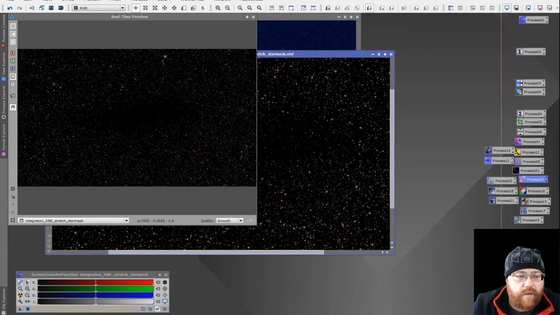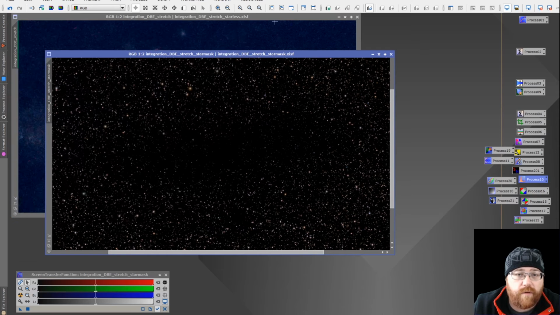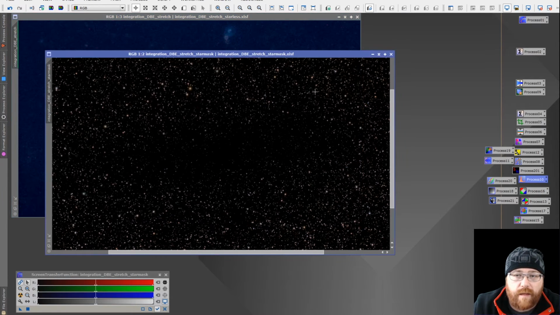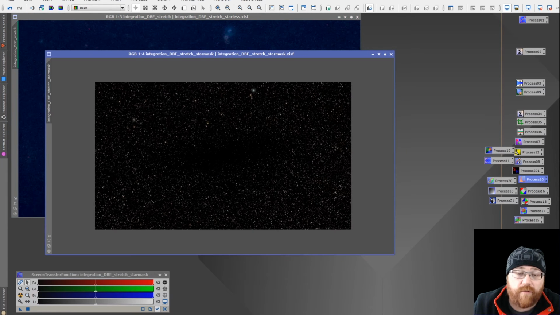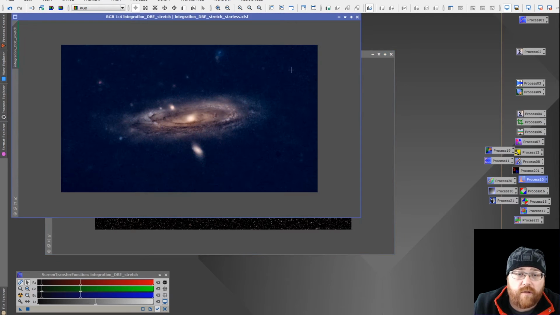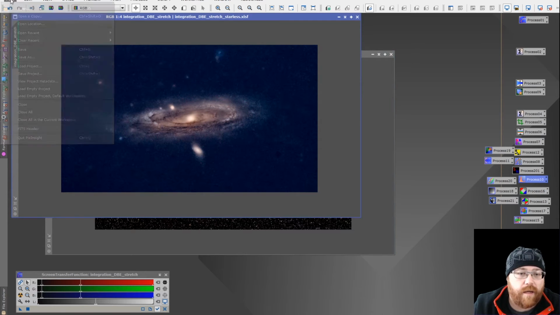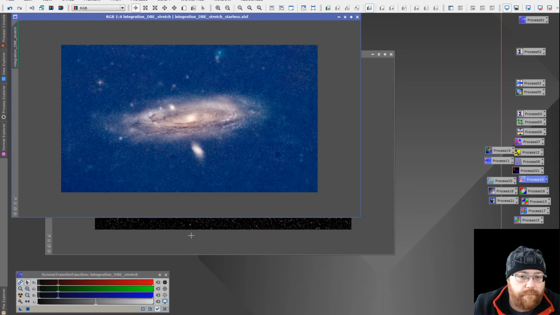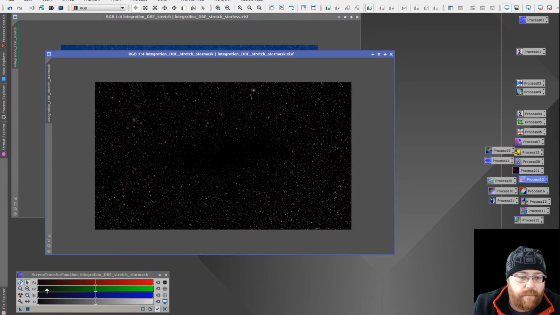And that gets you to this step here. We'll close the preview. So you have this star mask here, and your starless is integrated. Now there's a couple of different ways to integrate this in Pixinsight, but generally what I do at this point is I say, okay, I now want to make sure that this